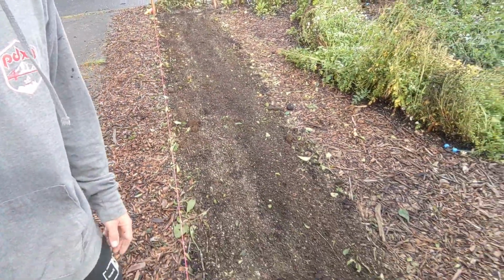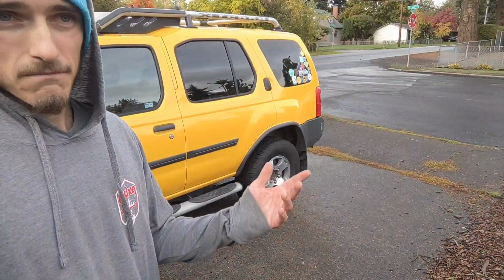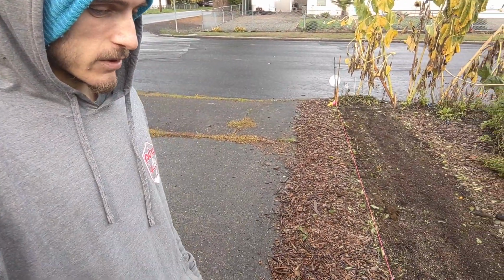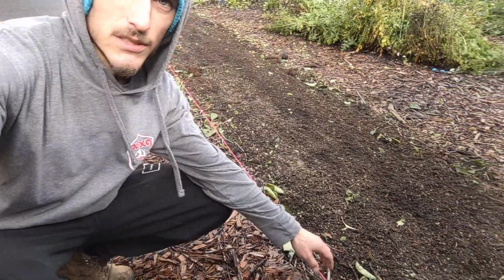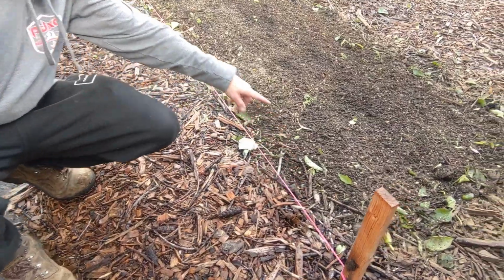So this is a 3-foot wide bed. Most of my beds are 2.5 feet. I made this 3 feet just because it's the way the space worked out in my front yard. I didn't want an extra wide path if I could have more growing space. So this season, I'm going to be using this for garlic. Or not peppers, I did that last season. So you can maybe see, got this string here that's going from corner to corner,